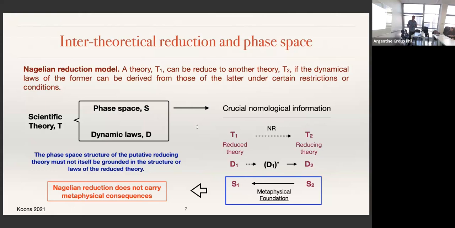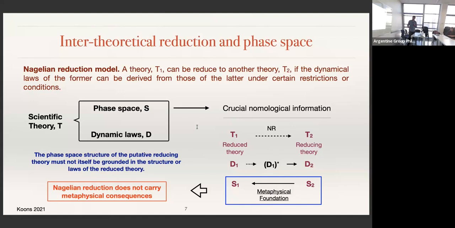For this reason, the phase space contains crucial nomological information. For example, if a theory T1 is reduced to a theory T2, that means that the dynamical laws of the reduced theory can be translated to the dynamical laws of the reducing theory. However, if the phase space of the reducing theory is grounded in the phase space of the reduced theory, then